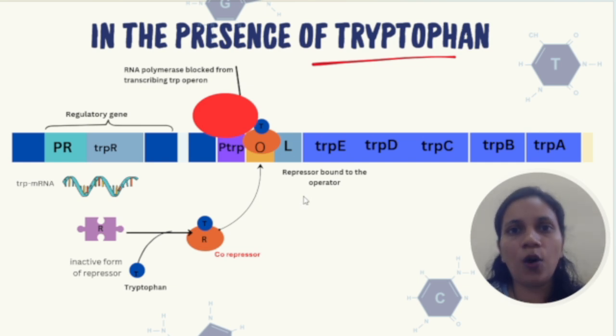So now we have seen two different cases: what happens in presence of tryptophan and what happens in absence of tryptophan. So today we have seen how the tryptophan operon works. There are two mechanisms involved. One is when the trp repressor comes into the picture, and the second one is attenuation, which we will see in a separate video because I don't want you all to get confused. So in presence of the trp repressor,